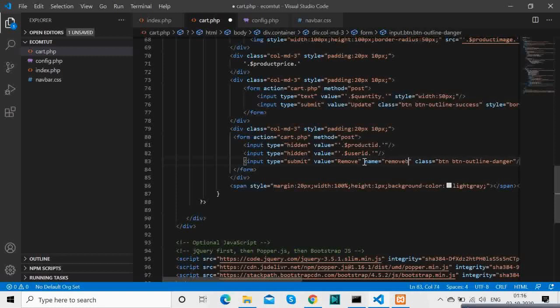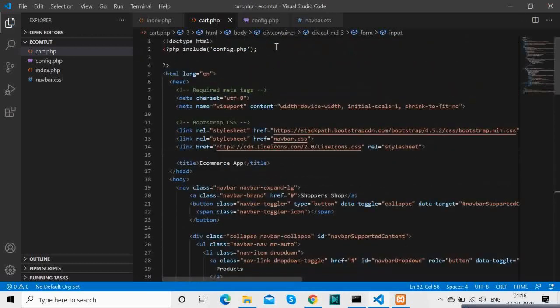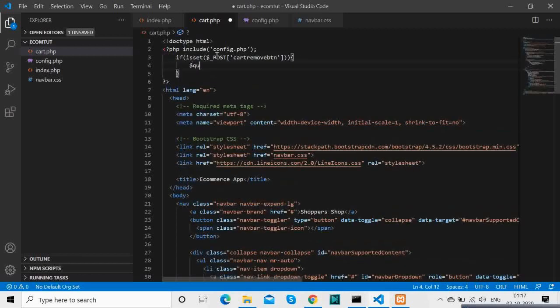So there is the remove button. So if the button of remove cart is clicked, okay, then we will delete that item from the cart.